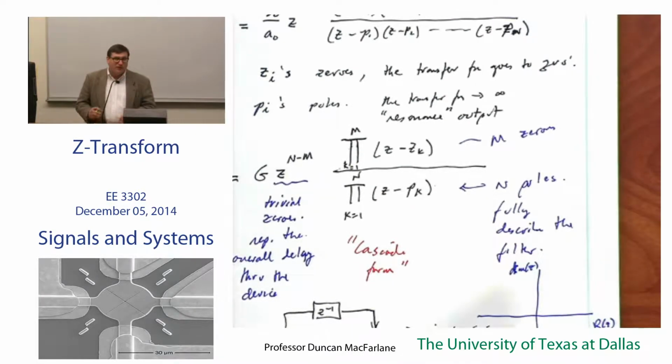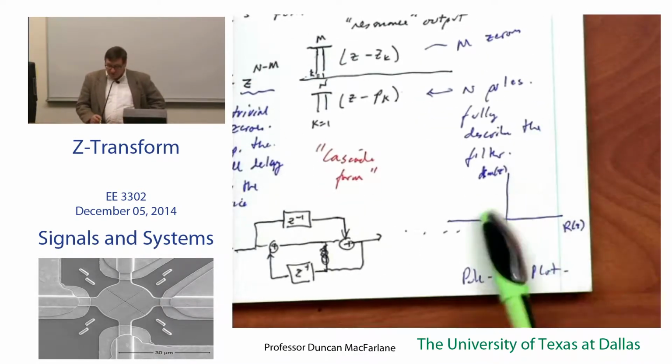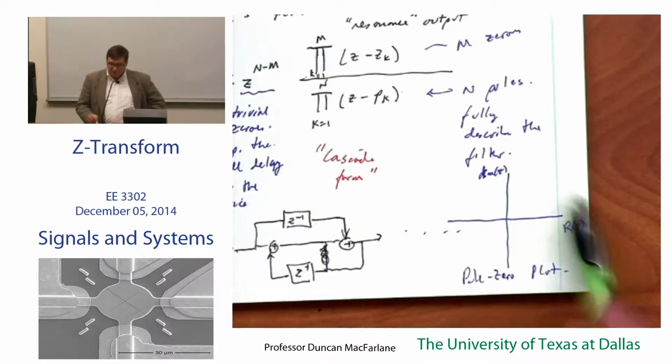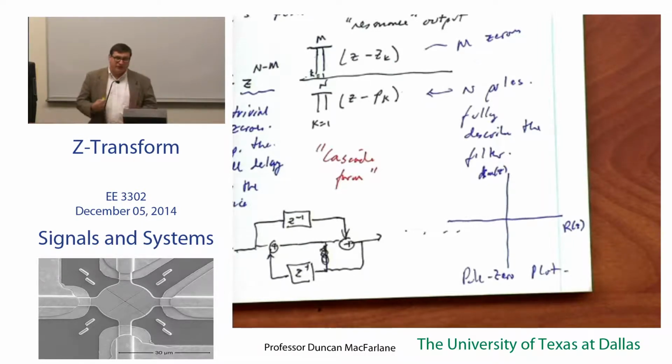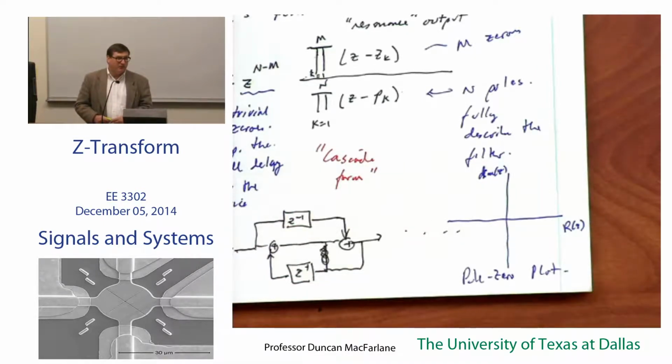And so one thing that's often done, and we'll do an example of this here in just a little bit, is you draw a complex plane, the imaginary part and the real part of z's, and you put on this where your zeros are and where your poles are. And over time, by doing this, you get very good at figuring out exactly, just looking at this diagram, you understand whether your filter is stable or not, whether it's a low-pass filter, whether it's a high-pass filter,